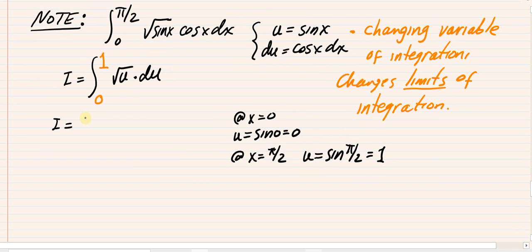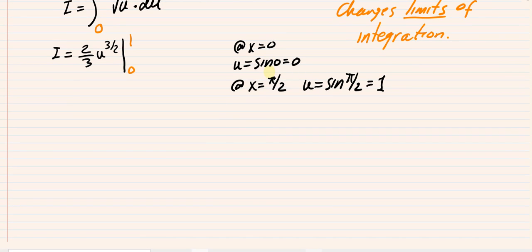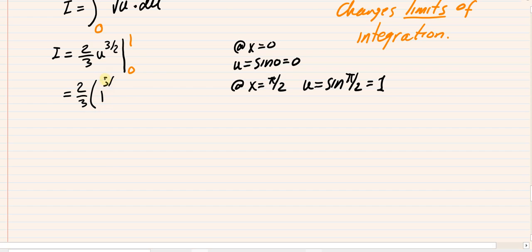So that's going to be 2/3 u to the 3/2 evaluated from 0 to 1. Okay. And now I can write that as 2/3 times 1 to the 3/2 minus 0 to the 3/2, which is 0. 1 to any power is 1. So the answer is going to be